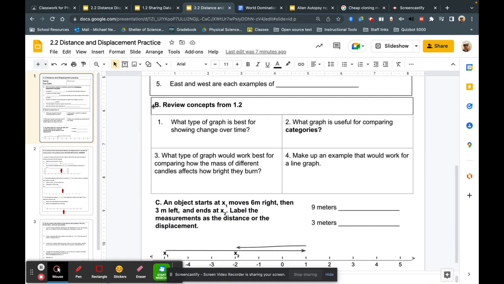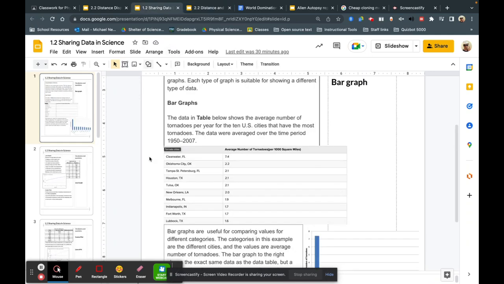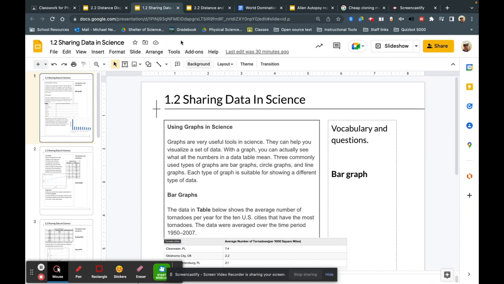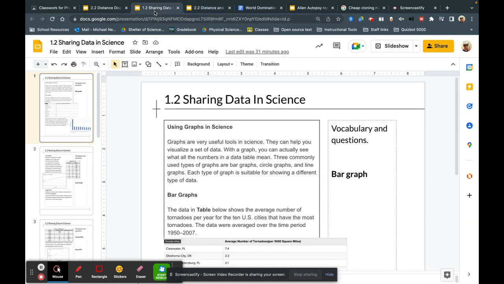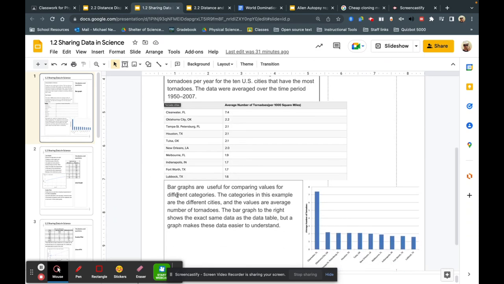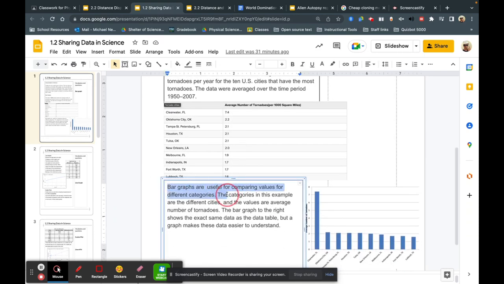In section B, I'm having you review some of the graphs from the 1.2 reading, sharing data in science. You're going to need that to find these answers. The type of graph that is best for showing change over time is a line graph. Number two, what graph is useful for comparing categories? The key word here is categories, and we can see in the reading, bar graphs are useful for comparing